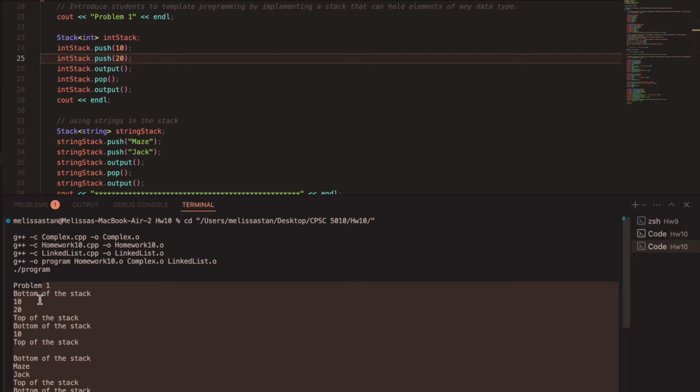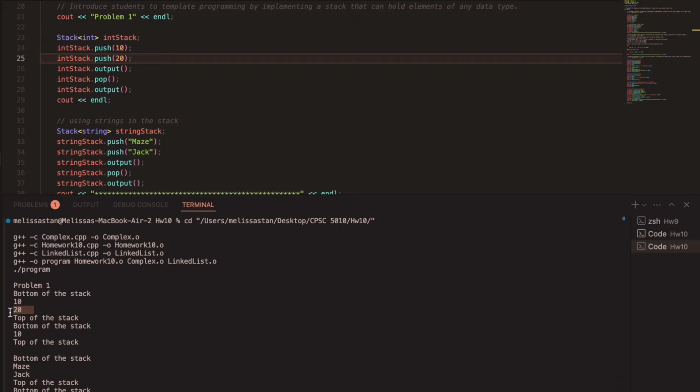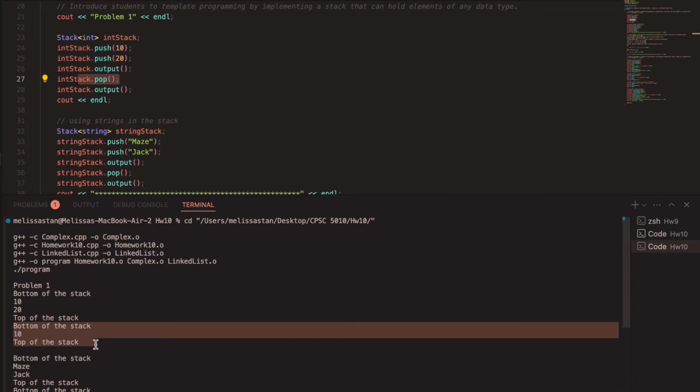Remember, this is the bottom of the stack. We added 10, then we added 20. So 20 is on top of the stack, right? Then we're going to pop the top element. 20 was the top element of the stack. So then, when we display it, we should only get 10, and it removes 20,